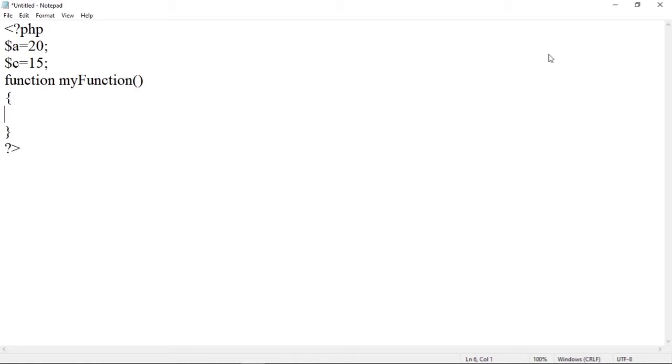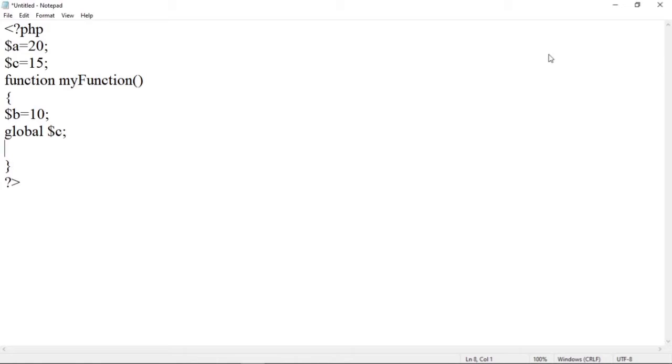That variable name is variable b, so declare it with a dollar symbol: $b equal to 10. After that, we are going to access variable c, which is declared outside of the function, by using the global keyword. So global $c, and the value stored in c is 50.